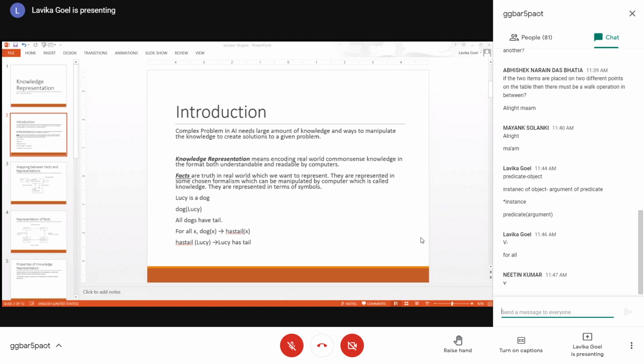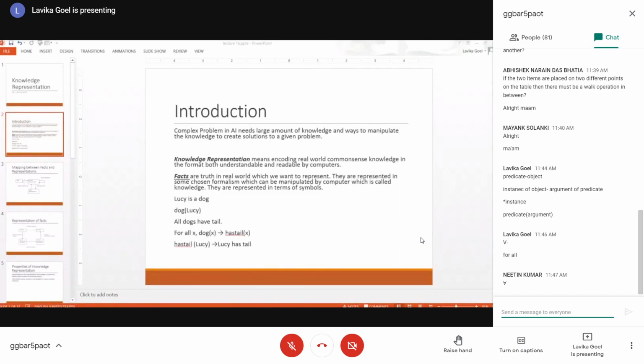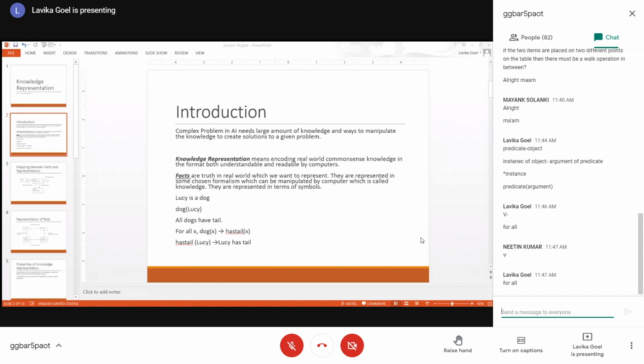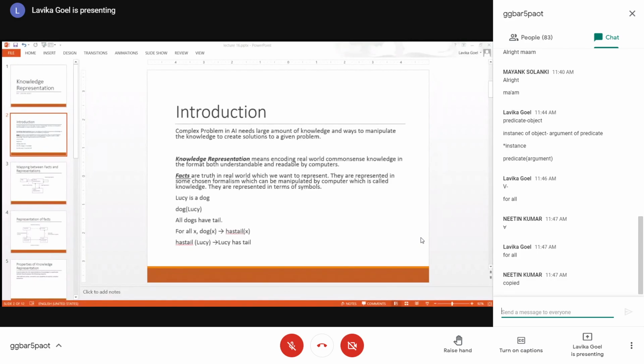Nitin has written it correctly, right? So please see the chat box here, students. Whatever Nitin has typed, that is the correct symbol for all x. I was not able to type that one, but you can see that from the chat box. So Nitin, you have copy pasted it from somewhere, or you were able to draw it from the keyboard itself? Copied. Yeah, I think we can copy it from somewhere. Then it can be possible, right? So that is the symbol which Nitin has drawn. That is the symbol for all x, right?